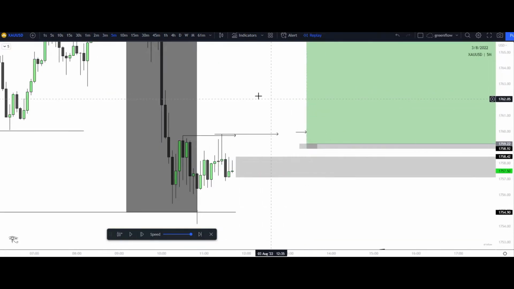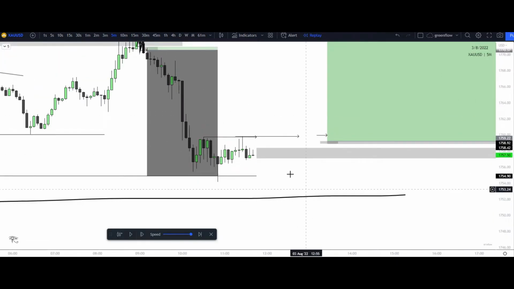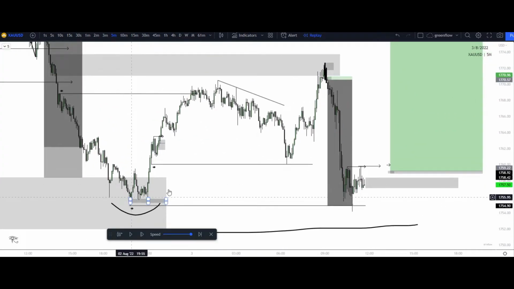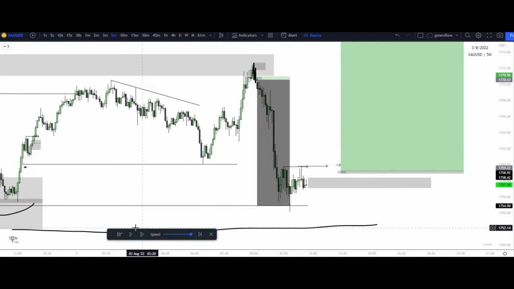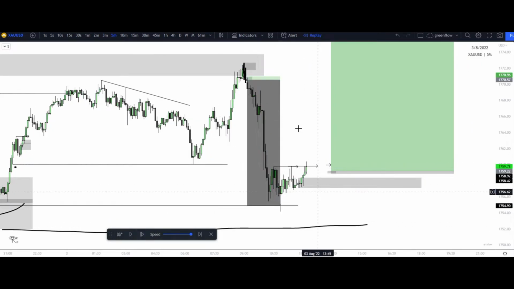So if I were to show you the 5-minute, we can see this wick that came up. This shows our first possible break of structure. We will look to confirm that with that second break to show the W, introduction of demand within our higher time frame demand zone, within discount, showing accumulation after this move to the upside right here. So we came down, absorbed this demand, mitigated demand lower, and we are starting to show possible breaks of structure to the upside. We see a break of structure to the upside right here.